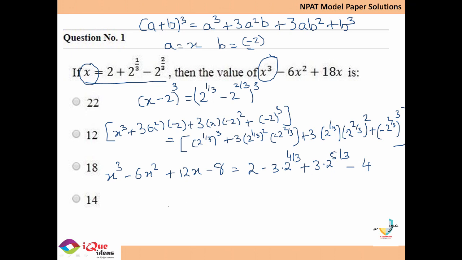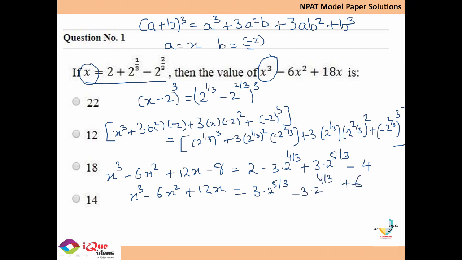So now I'm going to simplify this. The left hand side becomes x cube minus 6x square plus 12x, and on the right hand side, simplifying and rearranging the terms, 3 into 2 raised to 5 by 3 minus 3 into 2 raised to 4 by 3